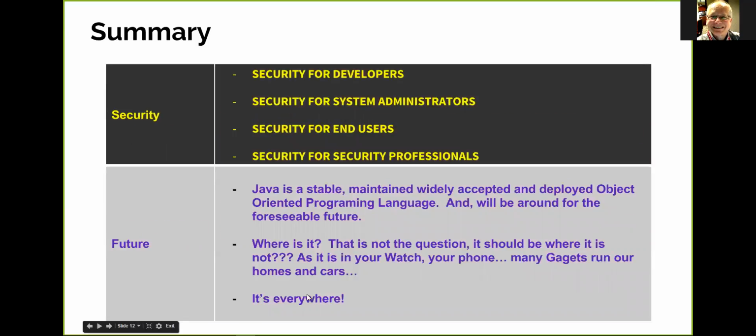So when we went over security, for each one of the groups that need to maintain security, the developers, the system administrators, and the security professionals, the end users are responsible too. They need to make sure that they keep that Java up to date, make sure that they have older versions of Java removed if they can.